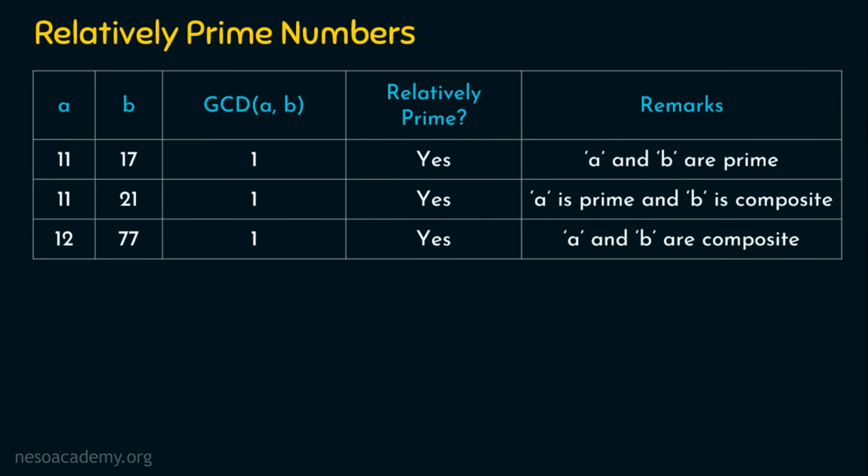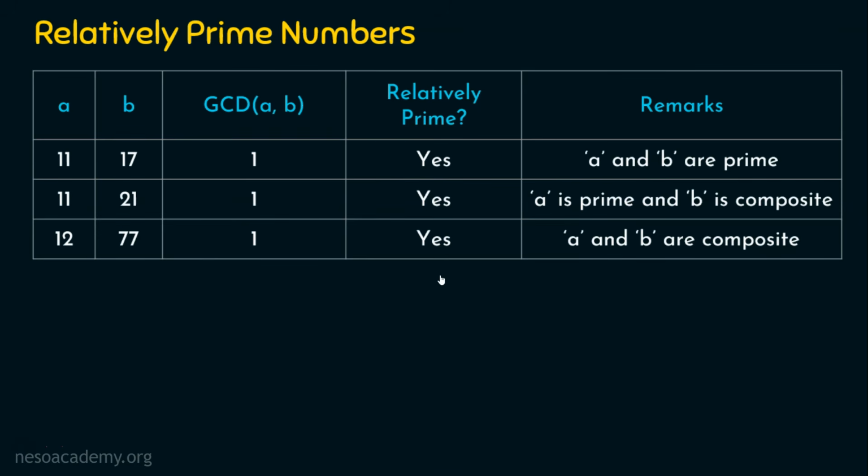I hope this slide has demystified that we should not take the decision of confirming whether they are relatively prime or not relatively prime by just looking at the numbers. We need to compute the GCD and then we should confirm whether they are relatively prime or not. So I hope now you know the need for computing the GCD to ensure whether they are relatively prime or not. So I always recommend you to apply Euclid's algorithm to compute the GCD and then take a decision based on the result of the GCD. I hope the relatively prime numbers concept is clear to you.